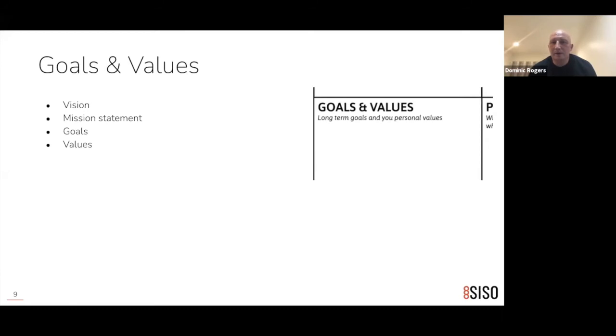Next, this is probably one of the most important things, is actually thinking about your goals and your values. This is often thought within the freelancing area as not needed because you're not a big business, so I don't need to have a mission statement. But